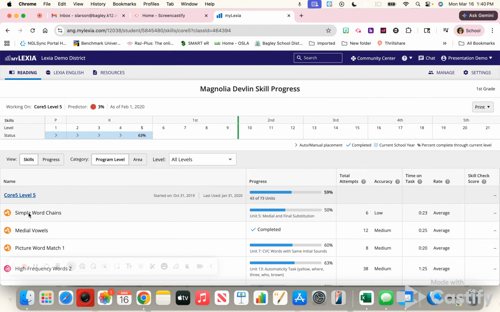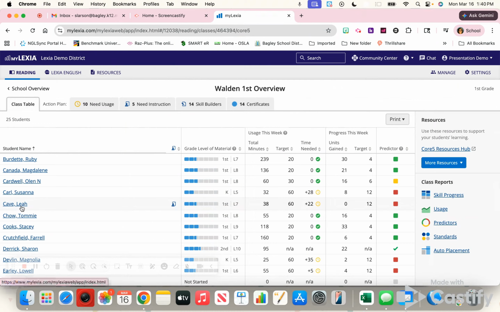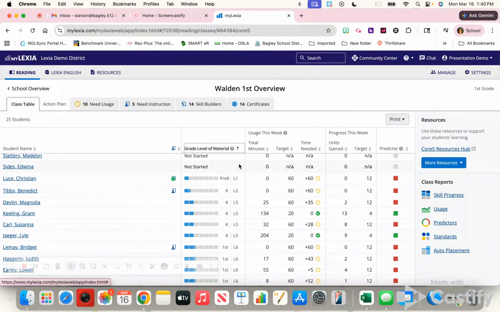So now I've got a group at level 5. Let's look at that again. I was in a first grade group, and I ranked them. Remember, I toggled up here and I ranked them, so not placed. I'm looking here, I've got one at level 2, and then a big chunk here at level 5. This is where I see my opportunity: I can pull these 4 kids and create